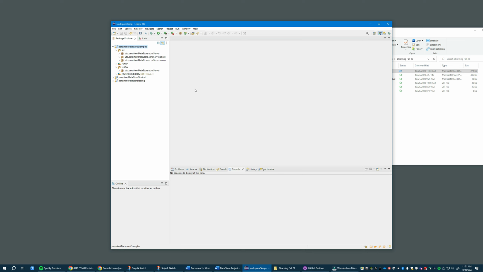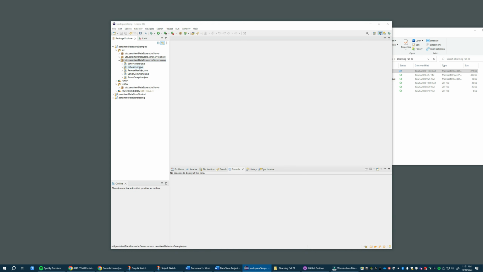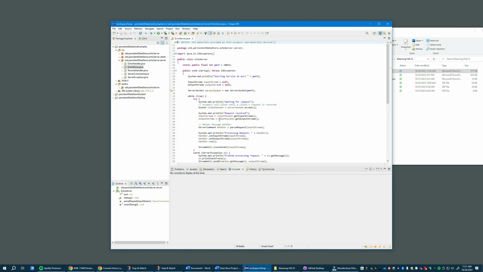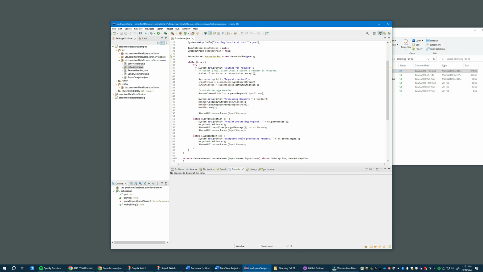So what we have is two applications. We have the server application, which needs to be running, and then we have the client application, which is really some test cases that exercise the client and a server implementation. Let's see how that works. So we have our server, Echo Server, right here. And if I open that up, we have that